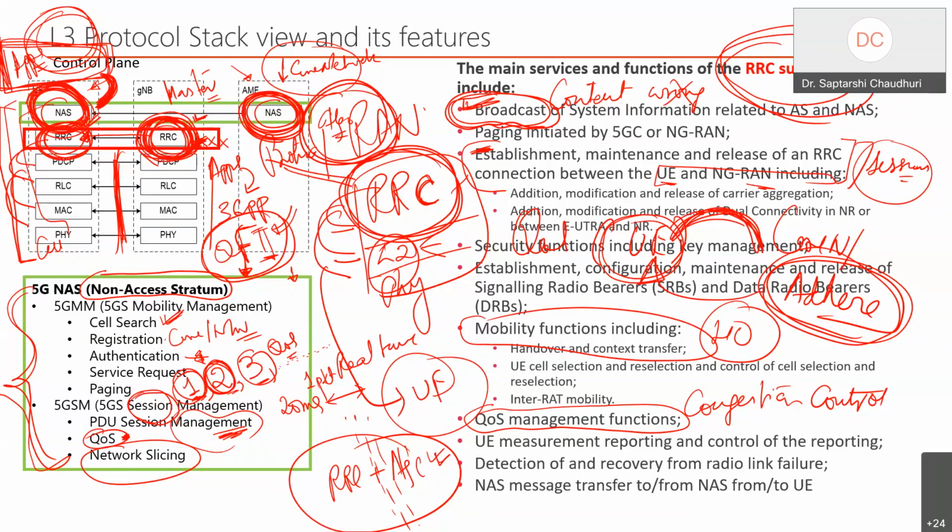Once the core network sees that, it will tell the base station RRC layer what quality of service has been negotiated. Please ensure that quality of service in the air interface, and I will ensure the quality of service in the core network, within the routers, the switches, and the optical networks, as I mentioned when I talked about cross-haul connectivity.